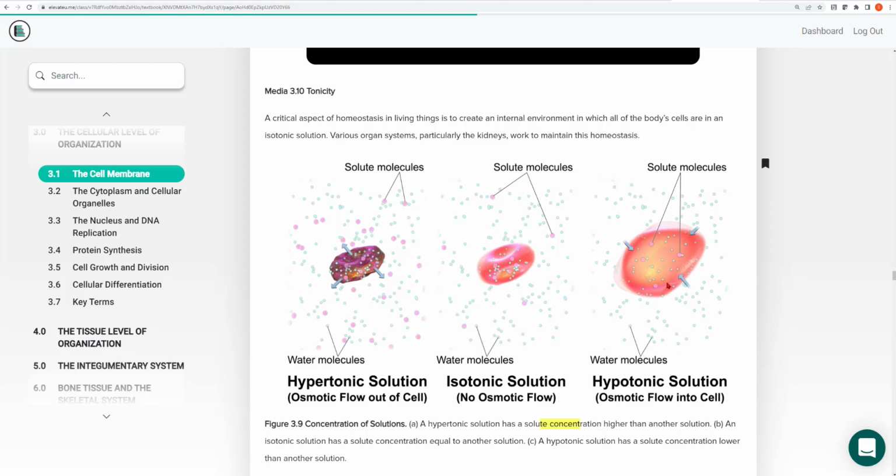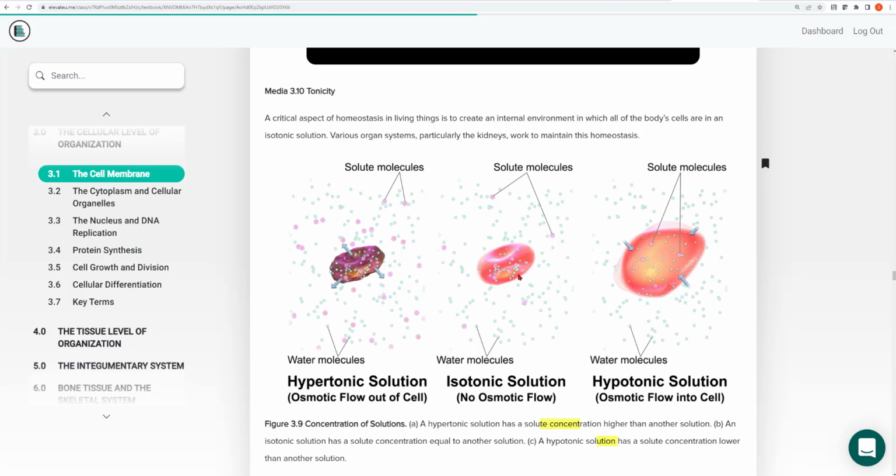This cell is going to swell up. And if the enlargement is so great, the cell can actually lyse. The cell can actually pop. It'll blow up. Okay, red blood cells are very pliable cells, and this is why